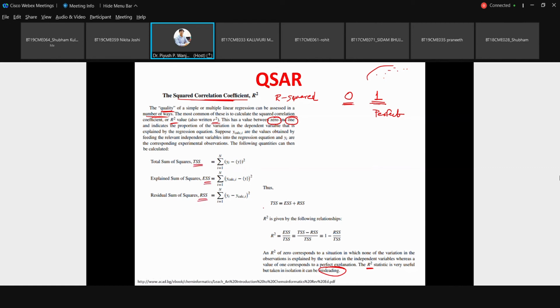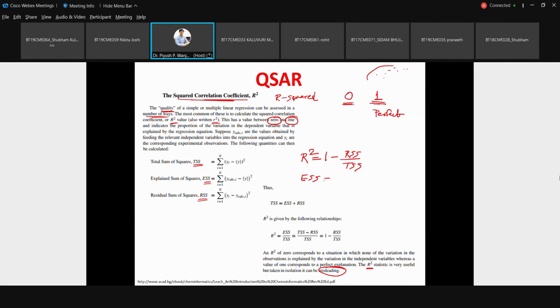Just know that one thing was remaining. Earlier I said R square is equal to 1 minus RSS by TSS. So here, I hope you got, earlier what did we do? We calculated the ESS factor.